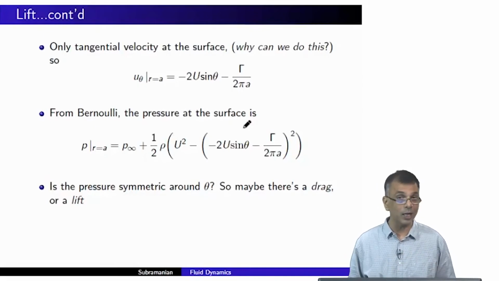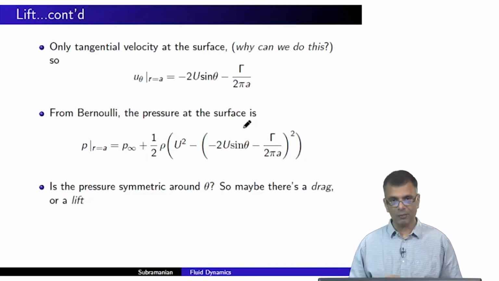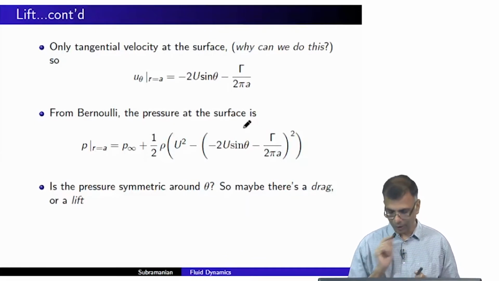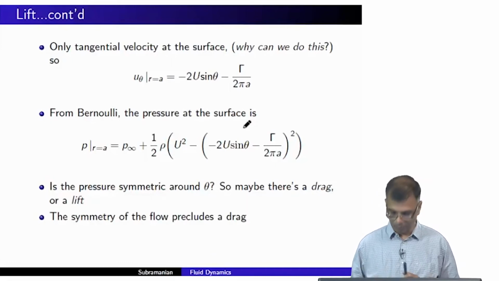Okay, one would just be the negative of the other. So because of the presence of the sine theta term, we know that there is a break in the symmetry, and maybe there's a drag or a lift. Now, the symmetry of the flow precludes a drag, because you see